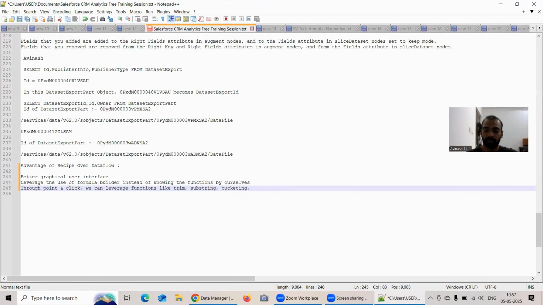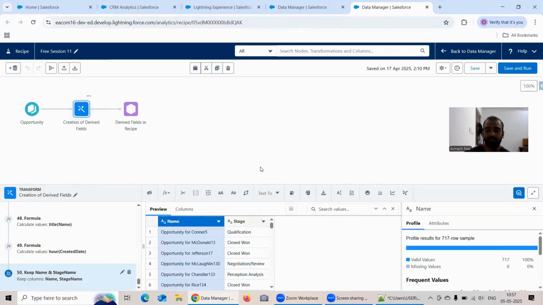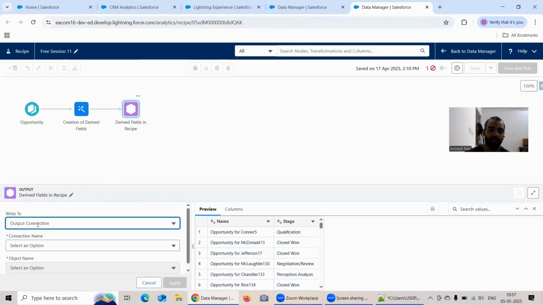For example, open stage, close stage we have already seen. Then uppercase, lowercase, etc. Those functions you can easily do in one go on the recipe, instead of relying on the various SQL functions and syntax on the data flow side. Now, the next thing is on the recipe, what you can do is